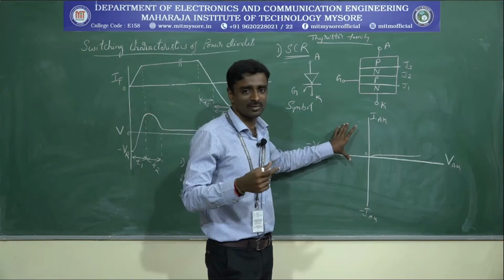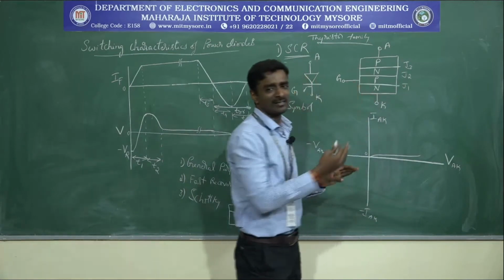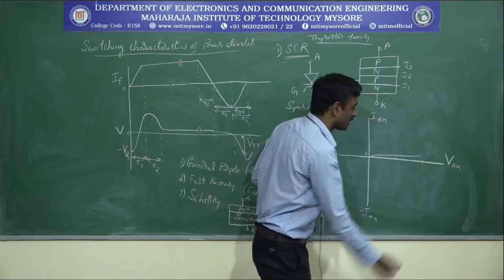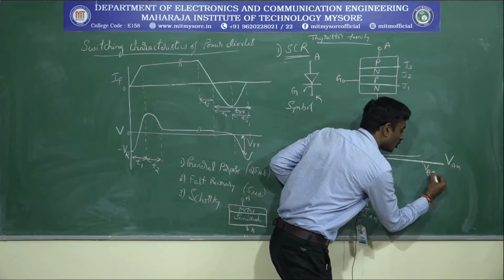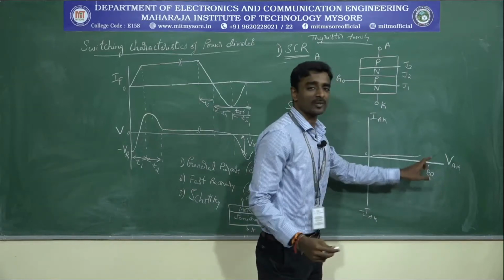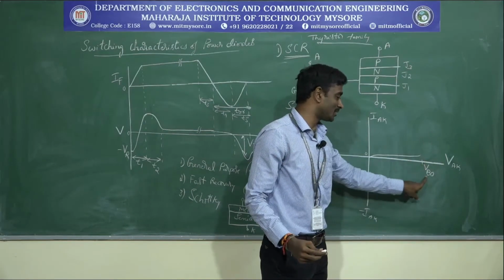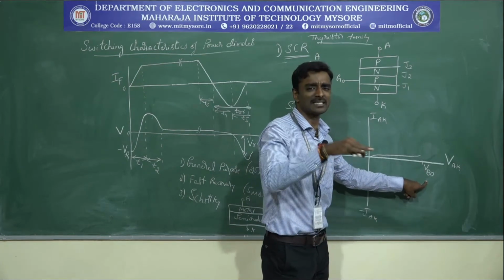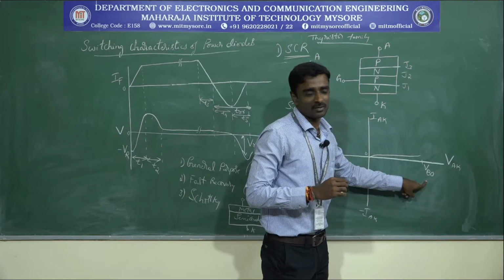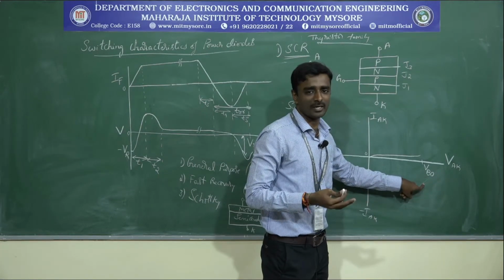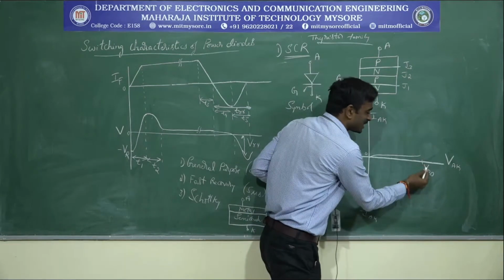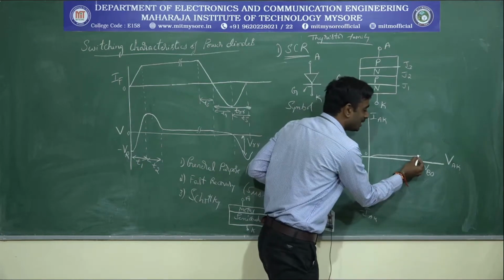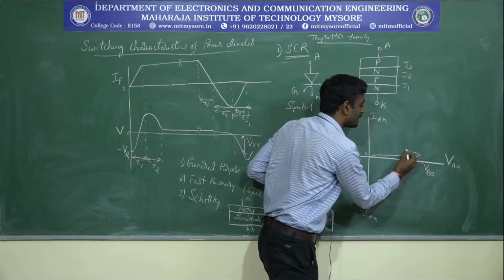Once it is turned on, the current will start increasing with a minimum value of the voltage. I will refer to this as VBO, the forward breakover voltage. This is the required voltage to turn on your SCR and make it conductive. This depends upon the SCR we are using. Once it reaches the forward breakover region, the voltage will be minimized.